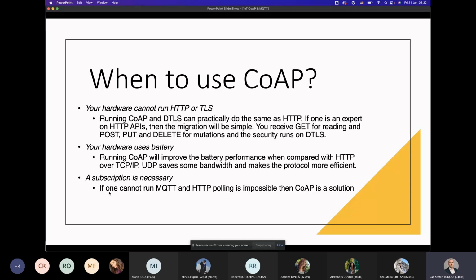You need, though, a subscription. So when you need a subscription, or you cannot run MQTT or HTTP, CoAP is a solution when that is the case, and we'll see what the subscription means when we talk more about MQTT.